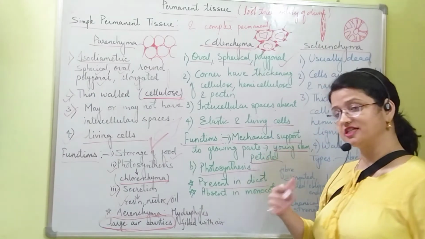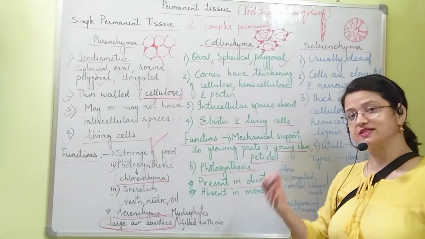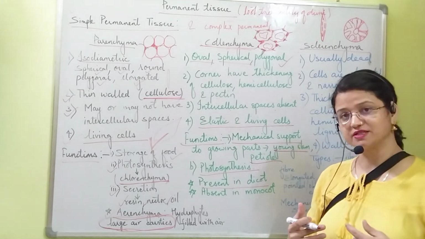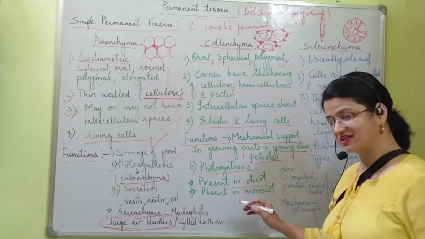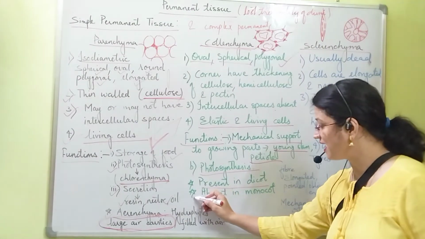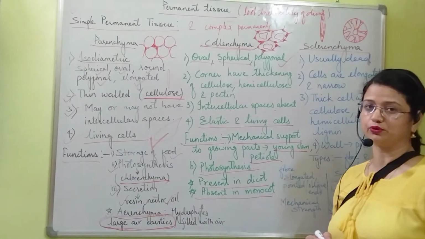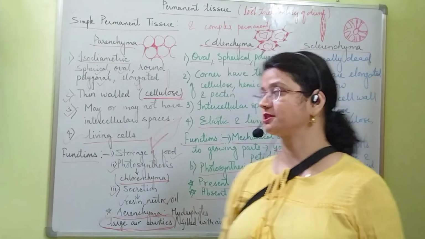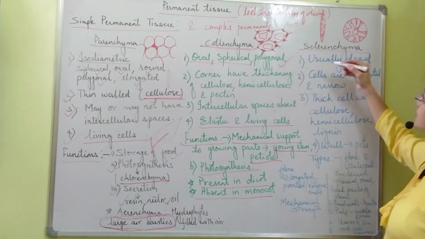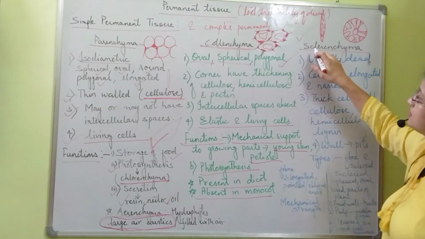If you see the TS of the dicot stem, we can see below the epidermis what is present. The collenchyma is present in 2 to 3 layers, while it is absent in monocot. In monocot, collenchymatous cells are absent. The third category is sclerenchyma. This is the next